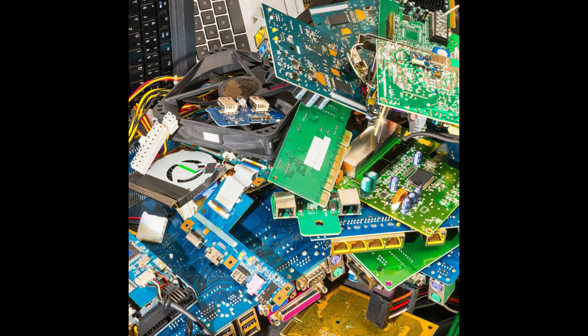And like we talk about on this channel, a lot of metal, a lot of cadmium, a lot of mercury and things like that go into computer keyboards. A lot of these same things that go into your phone and your computer go into everyday items like your alarm clock. And that's where we really want to use it up, make it last, and repair it,